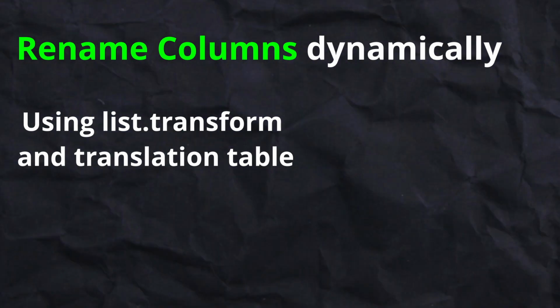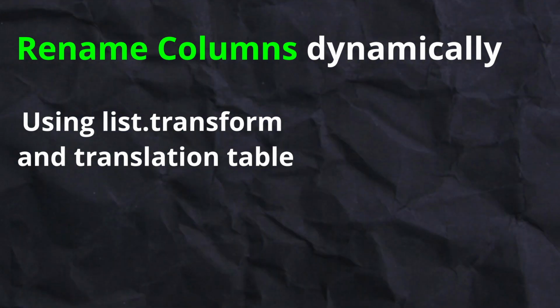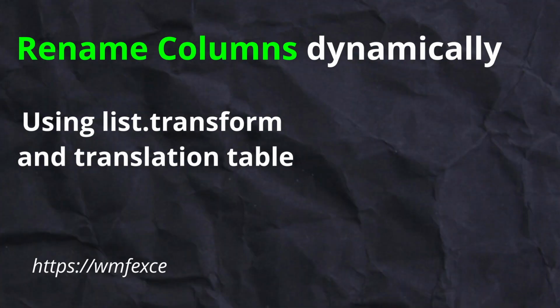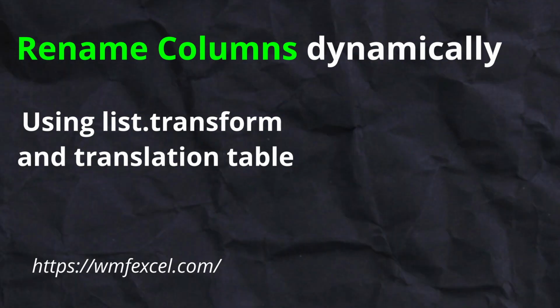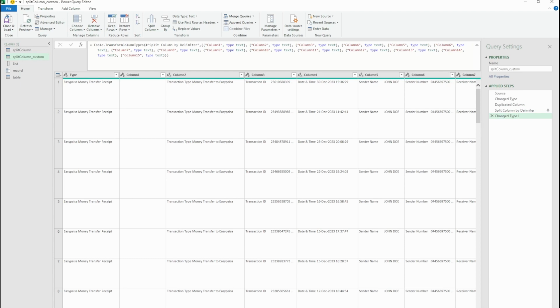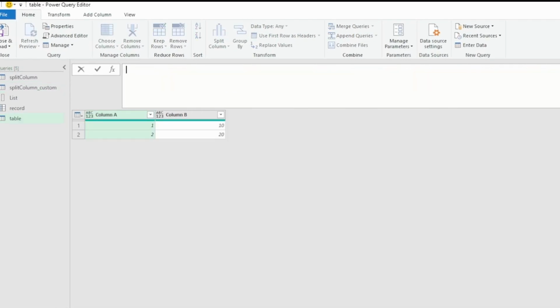Next step is to dynamically rename our column names. This is a tricky part for which I took help from this webpage called wmfexcel.com. Link to the solution in description for further reading. So let's create a new query by using the Table function. Table accepts column names as a list and then rows as a list of lists. Since our column names data is static and will not change because we hard-coded the columns 1 through 15, we can just do it inside of Power Query, which is a bit of manual work for one time.